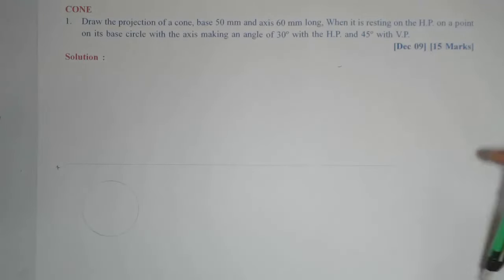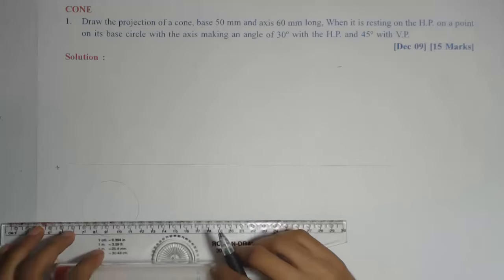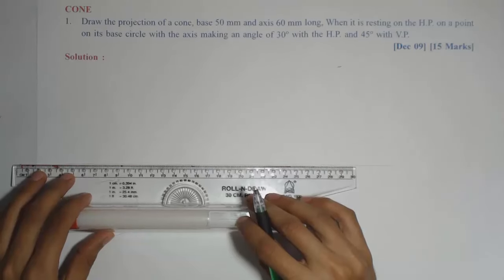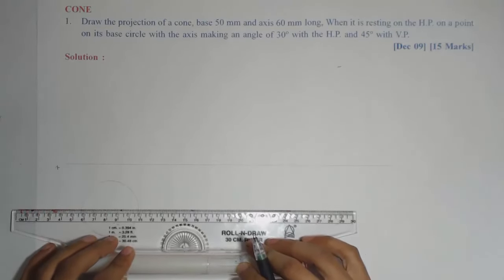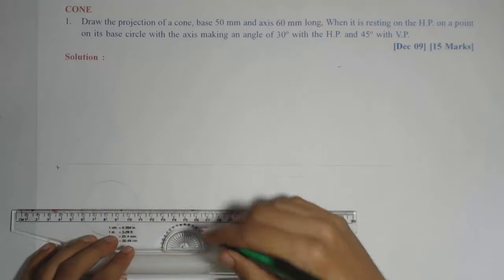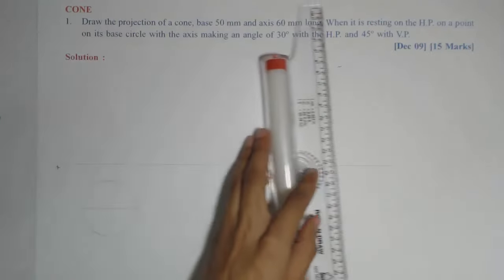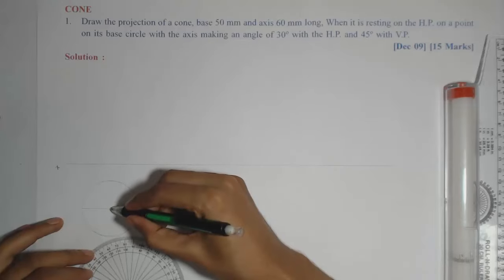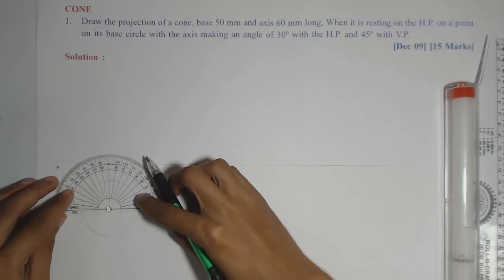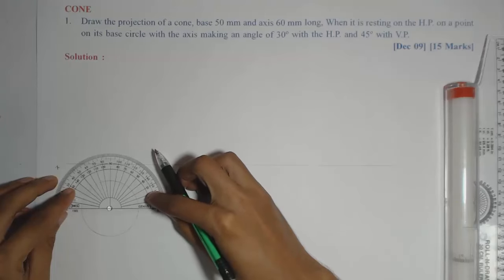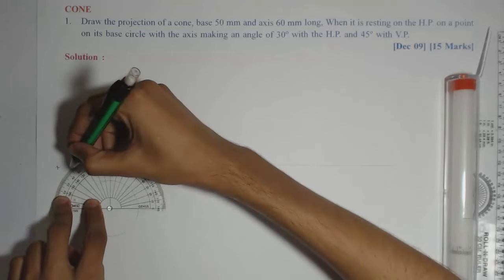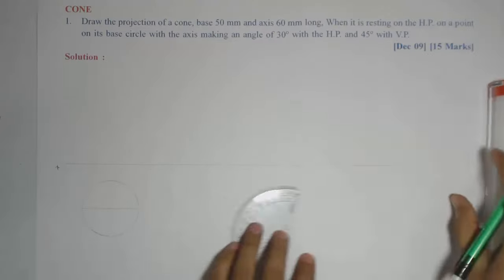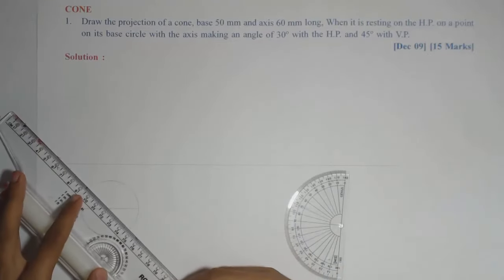Okay. Now the next step is to divide the circle into 8 parts, since the circle is small, as we have done in the case of the cylinder. Then a vertical diameter, or you can directly divide with a 45° angle. So we'll mark those angles 45, then 90, and again 135 to divide the base of the cone